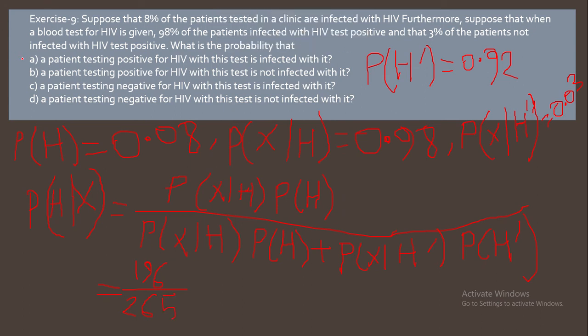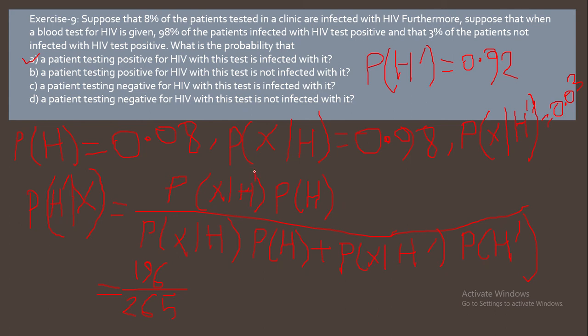So we are done with question A. Now let's see question B. In question B, it is said that a patient testing positive, given that someone has been tested positive, or given X, what is the probability that he is not infected with HIV? That means we need to find the probability of H prime given X. So if we use the Bayes formula once again, the formula will be